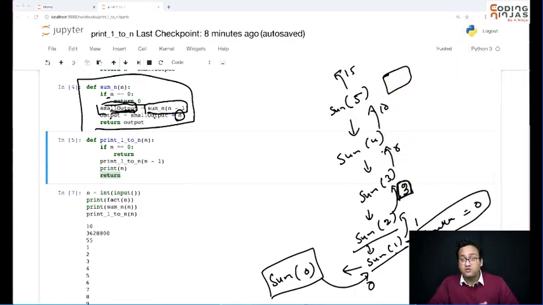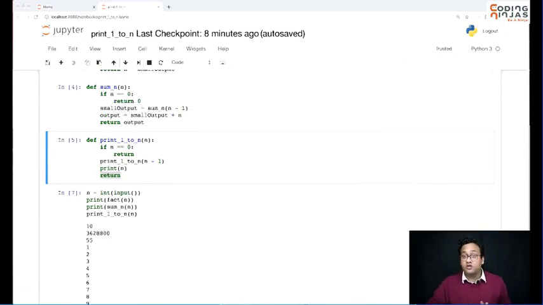Each function has its own copy of small output and they are storing their own value. Okay, so that's how recursion is working. It's doing a lot of work, but if you use PMI, you don't have to worry about all this work and you can just focus on the 3 basic steps: base case, induction hypothesis, and the induction step.